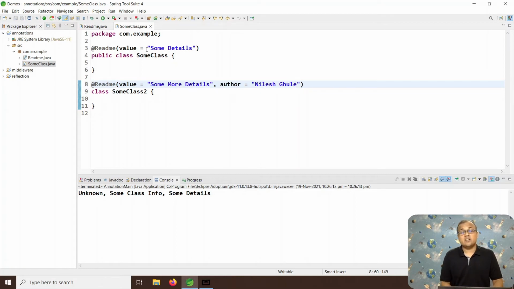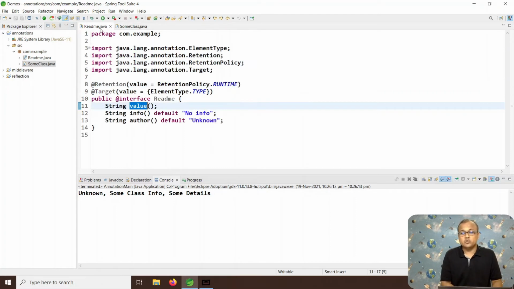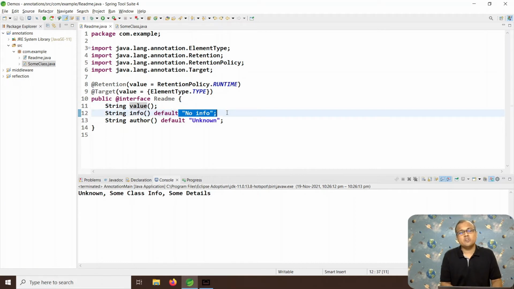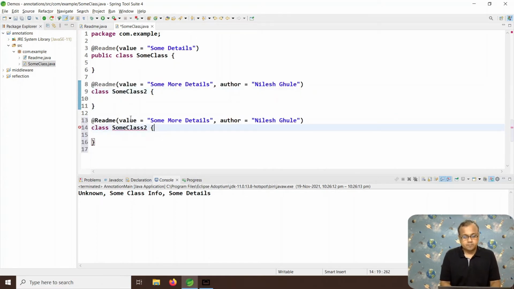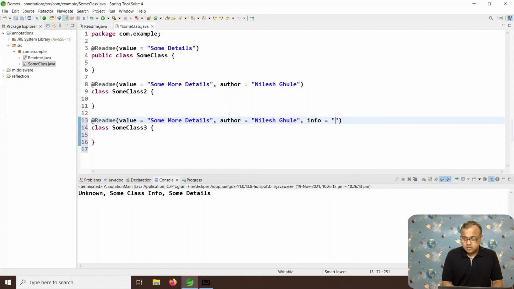In this case, as the author value is given, this value will be considered, and since the info member is not given, the default value of info, that is "no info", will be considered. You can also mention all three members explicitly. I'm creating an Under class, and I'm also writing the info member. This is more info, or you can write any message that you wish to.